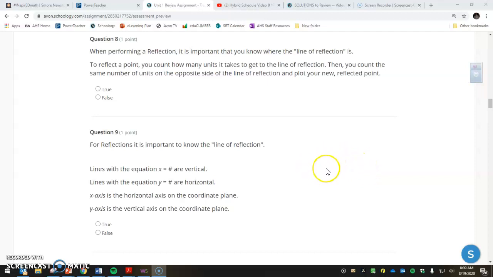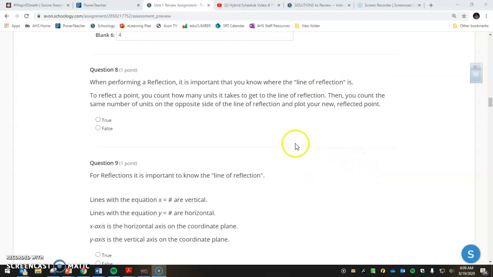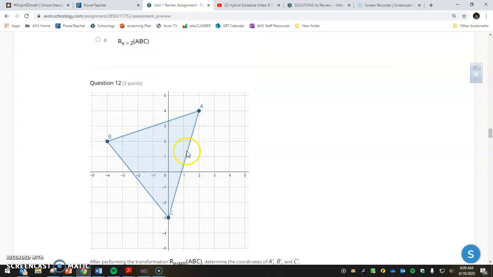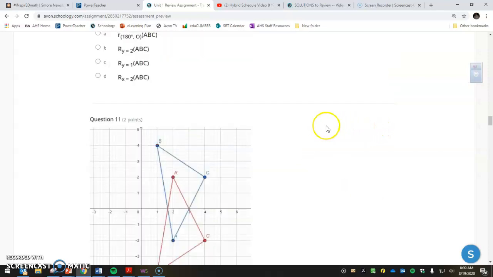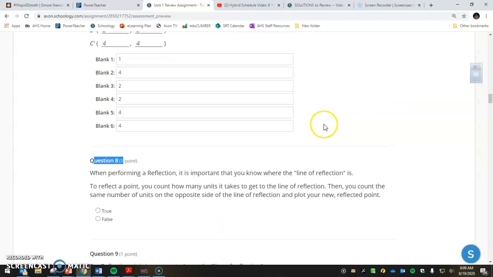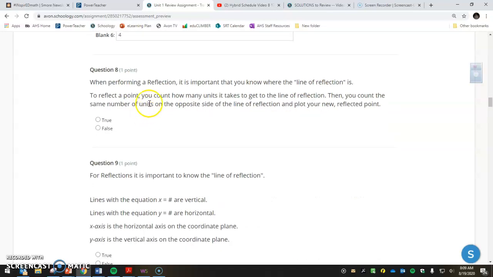Right, this is part two of our solutions for these Unit 1 review problems. We are on question 8. I'm going to do questions 8 through 13. So, problem number 8 says, when performing a reflection, it is important that you know where the line of